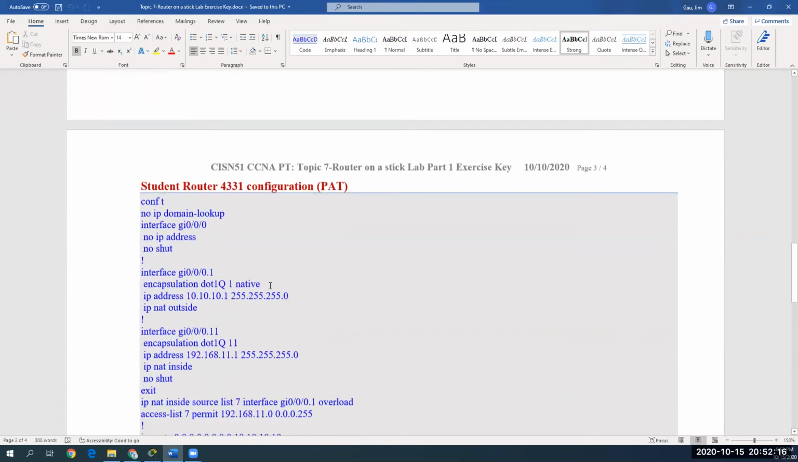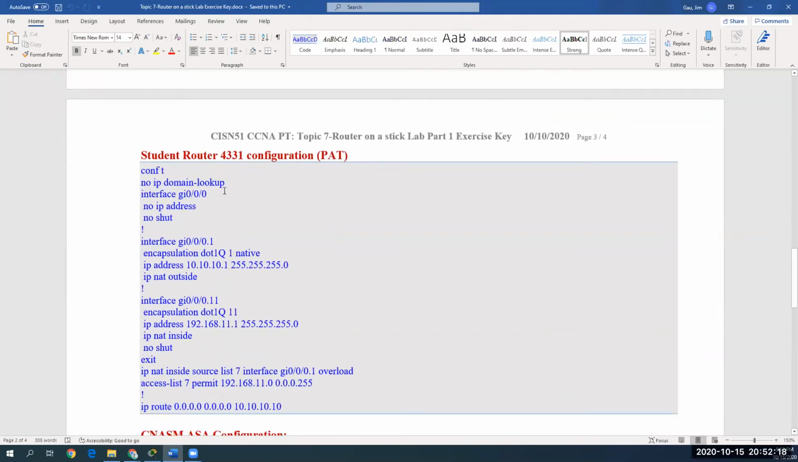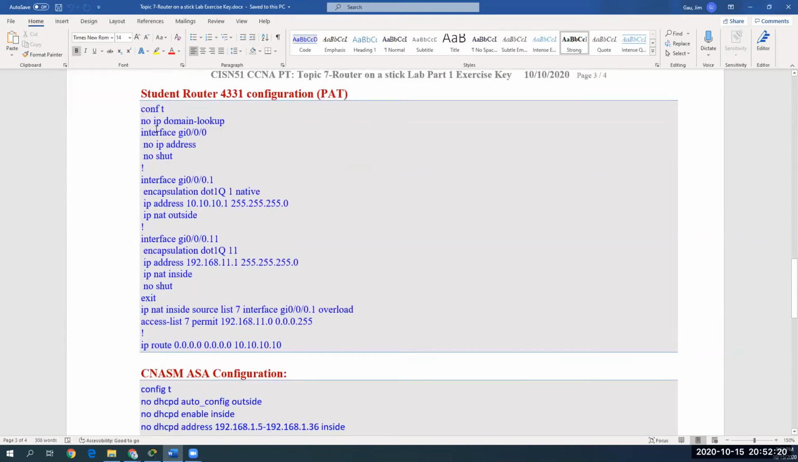All right. Now, on the 4331 student router here, we are going to say config t, and if I type something wrong, I don't want it to try to resolve the name, so no ip domain-lookup. You don't have to do that, of course. Interface GI 0/0/0, because we connect port 0, no ip address. The reason depends on the operating system, but the latest, newer ones will ask you not to give an IP address if it's going to be a trunk port. So GI 0/0/0, no ip address, and then you will say,